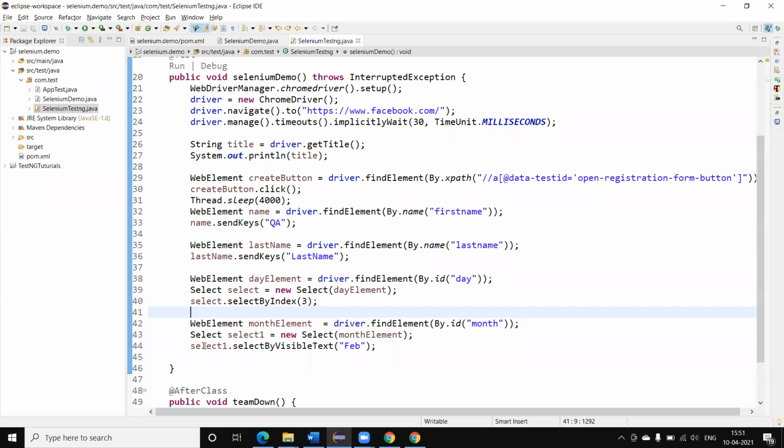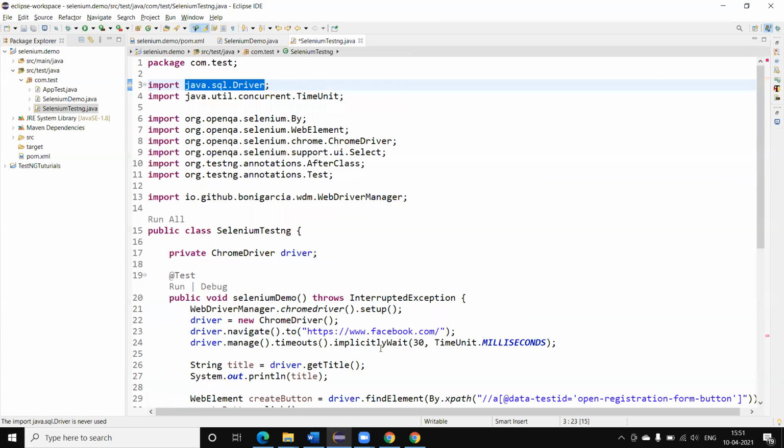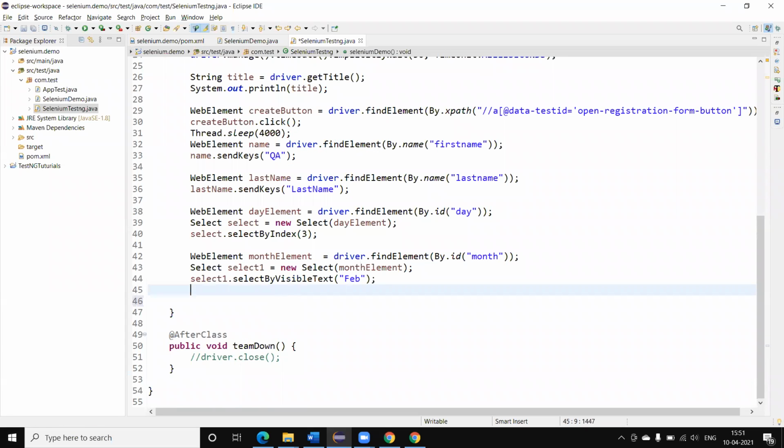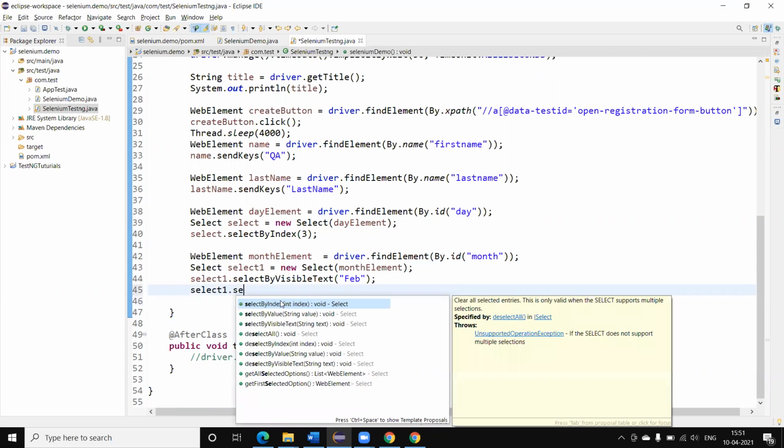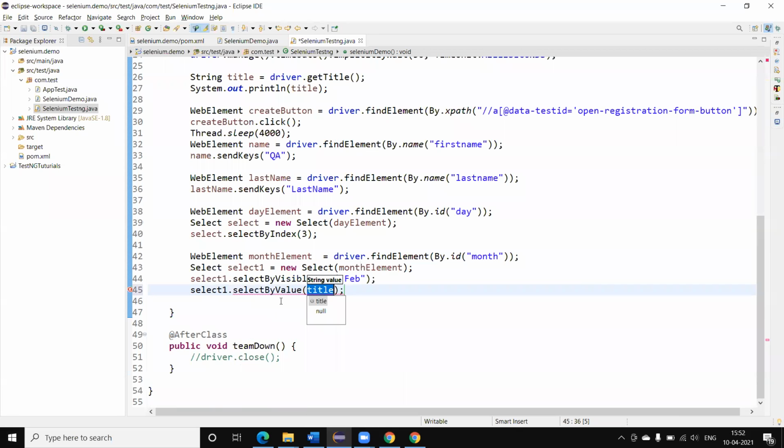If I want to select by using value, how will we do that? Dot selectByValue. Here the value is 1, 2, 3, like this. I was passing 3, but let me pass a different one, 6. I have commented this code.